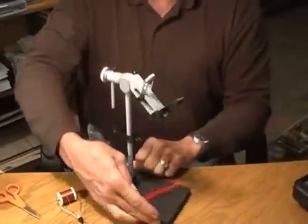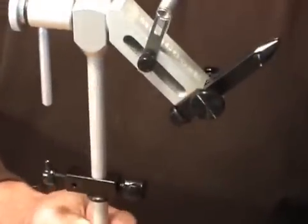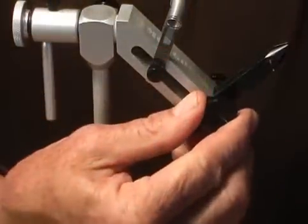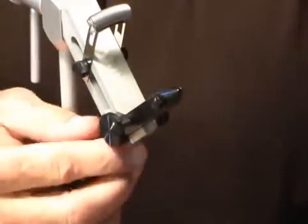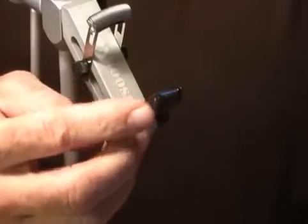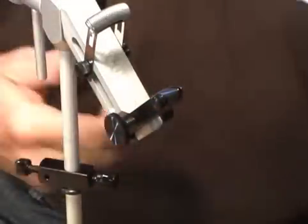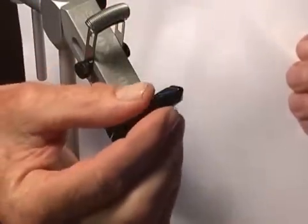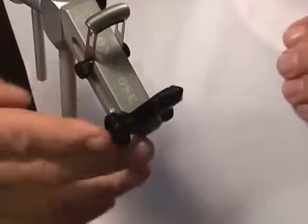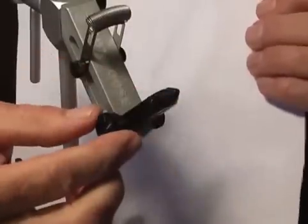You'll also note on this particular one that it's got a little bit different style of adjusting the jaws here. We'll get a look at it here. And the way this works is there's a little apparatus right here. And let me see if I can make that a little bit easier for you to see. There's a little apparatus right here that you would use to adjust the aperture of the vise. And then you go ahead and tighten the hook in here. So the way this thing works is